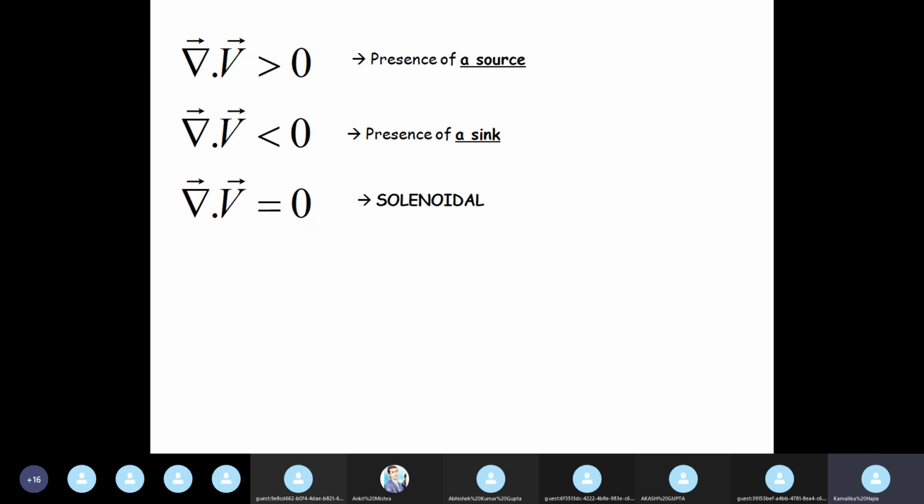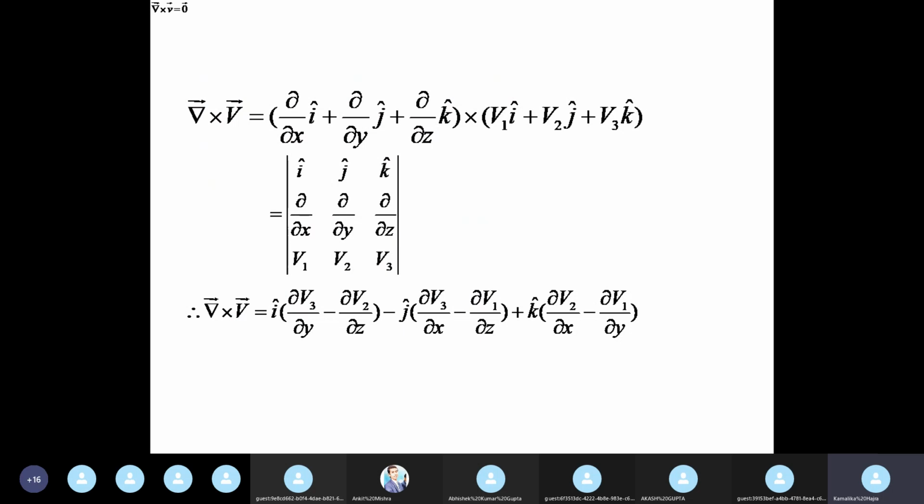The derivation that I did in my last 2 slides, those are not required. You do not need to learn them. I just made those slides so that you can understand why the divergence of a vector is related to the flux of a quantity, and you will also need this when we do the integration theorem called the divergence theorem, maybe in the next class or the next to next class. Quickly we'll do the last